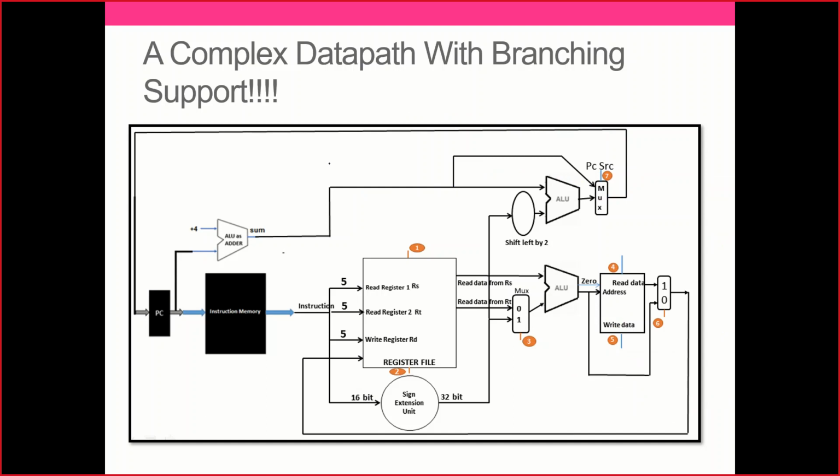When there is a branching, if the result is 0, I will go ahead with branching. For example, branch if equal means R1 will be compared with R2. For an instance, if I get the result 0, this will be 0. Once it is 0, I will take this feed. I will convert it here. By 4 I will multiply. I will feed this input here. This input will be taken back, and this will be the new update for the program counter.